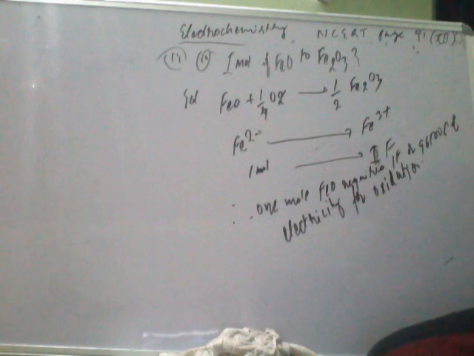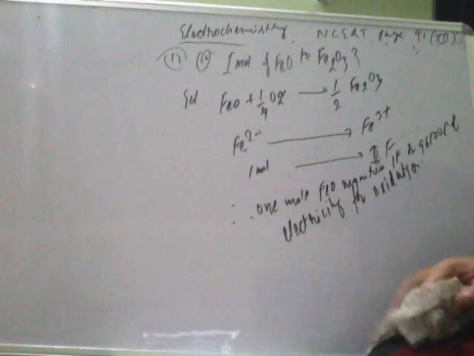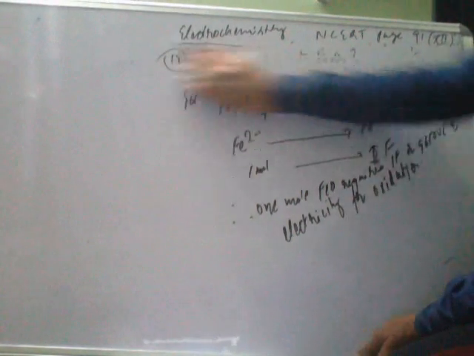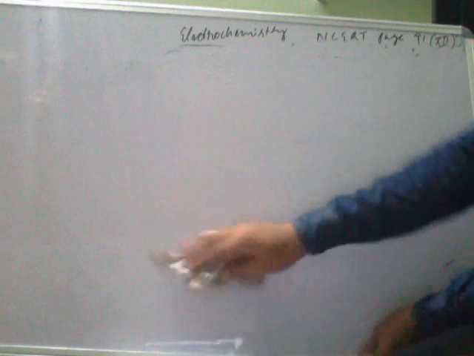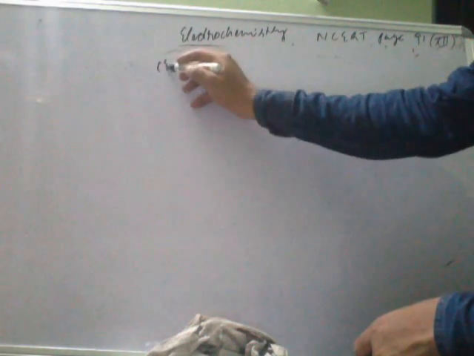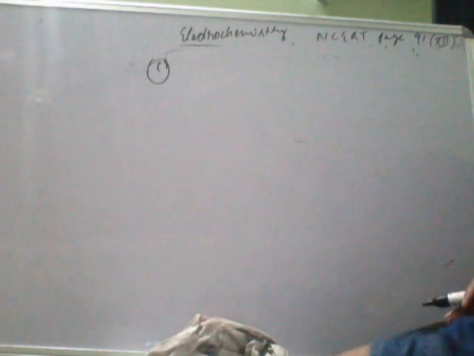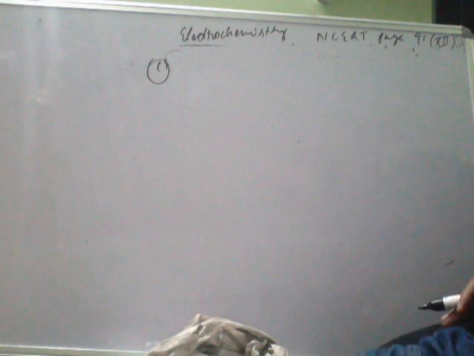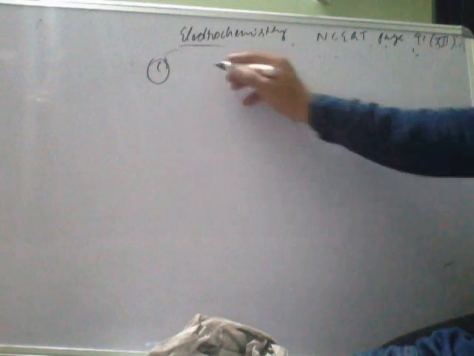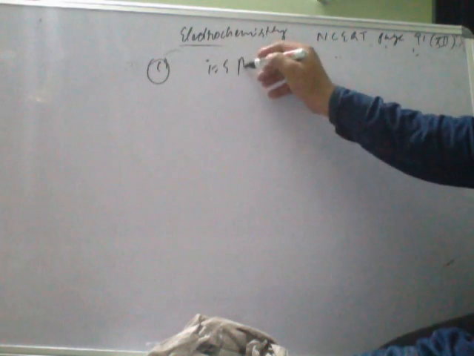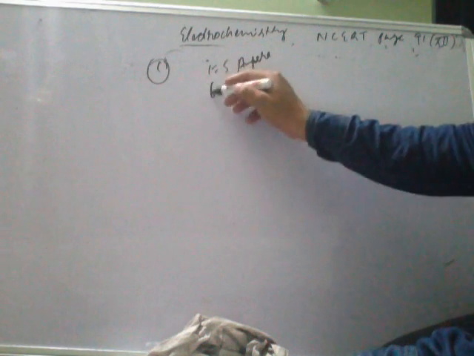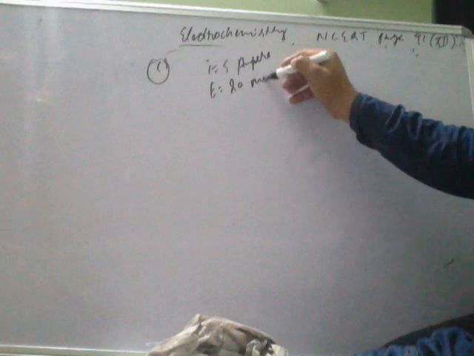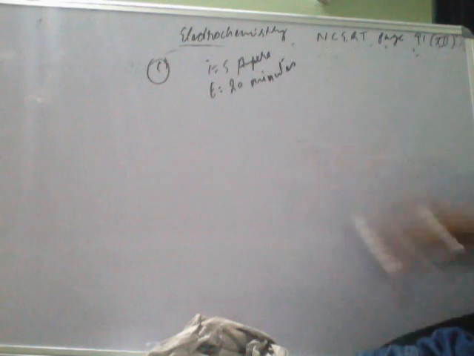Now question number 14 has finished. Now come to question number 15. Right, but we have to solve at least 18 questions today. So come to question number 15. What is question number 15 saying? A solution of NiNO3 is electrolyzed between platinum electrodes using a current of 5 ampere. So I is equal to 5 ampere given. And time already given is 20 minutes. Proper data has been given.